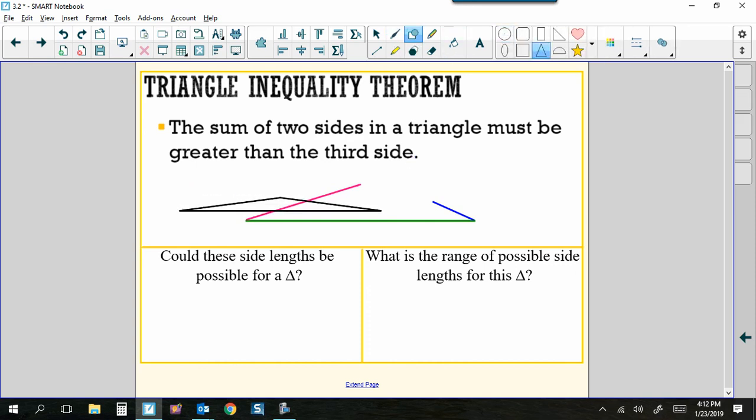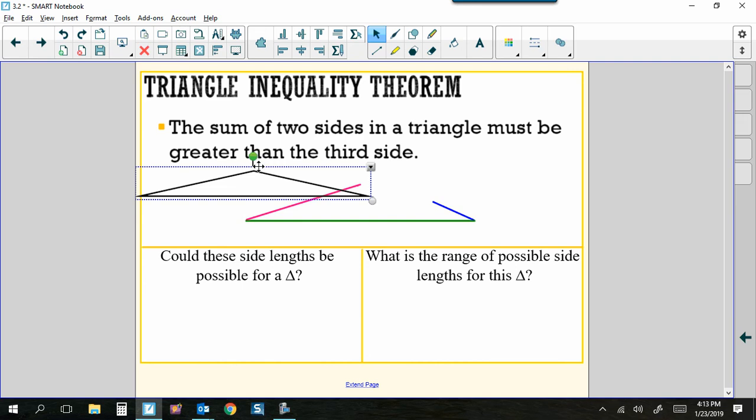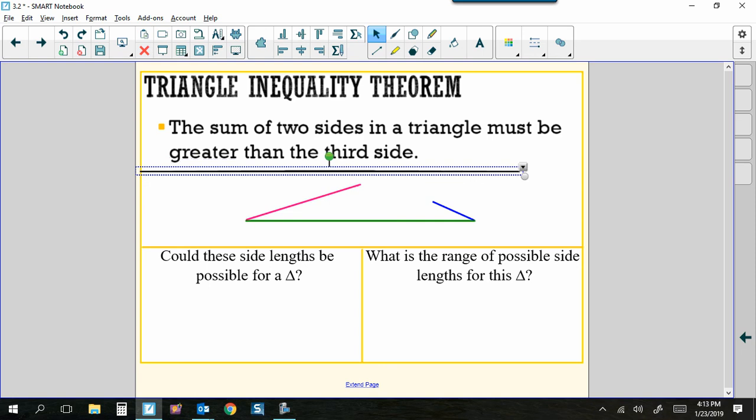Yeah, and you can kind of see that here with this triangle. Right now, this side and this side, if I were to flatten it out, it would be longer than that third side. And as I stretch it out, you can see it ends up making a single line, which is what Ms. Netz was just talking about with the toothpicks. All right, so I was just going to give you an example of 2 possible types of problems you could see with this.